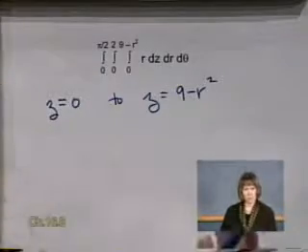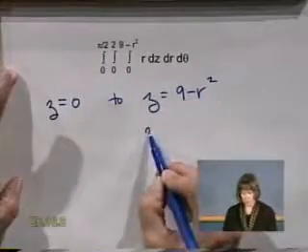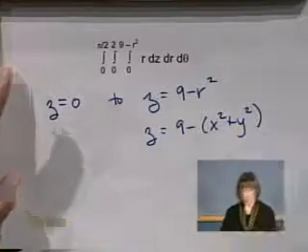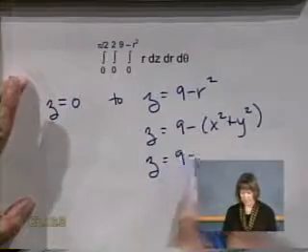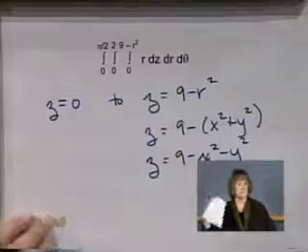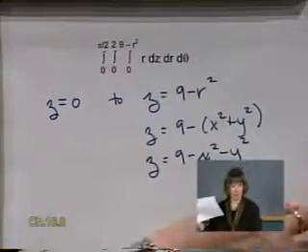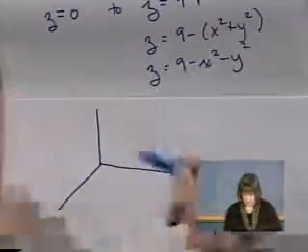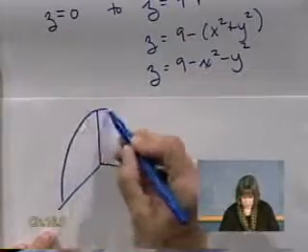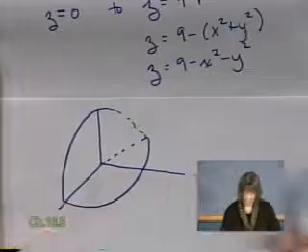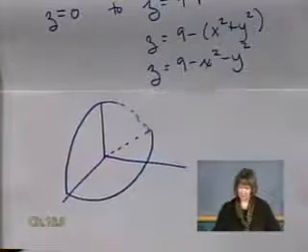Z equals 0, I know what that is, the xy plane. R squared, remember, is x squared plus y squared. What does z equals 9 minus x squared minus y squared look like? Hyperboloid. That's a hyperboloid. It's an upside down hyperboloid that's hitting 9 for the top, right? So here's my hyperboloid. Okay, I think that's good enough. Okay. By the way,